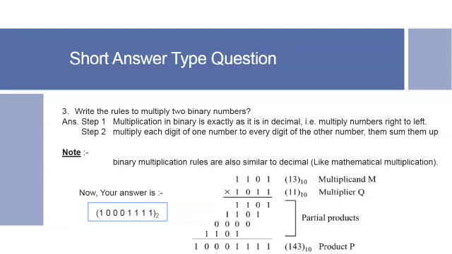If you apply 8421 logic, according to 8421 logic, 1101 value is 13 and 1011 value is 11. Here 13 is the multiplicand and 11 is the multiplier. If you multiply 13 with 11, you get 143. Now come here, if you multiply 1101 with 1011, you get 10001111. And if you apply the binary rule, you get the exact value of 143. This is the binary value of 143. It means your value is totally correct.